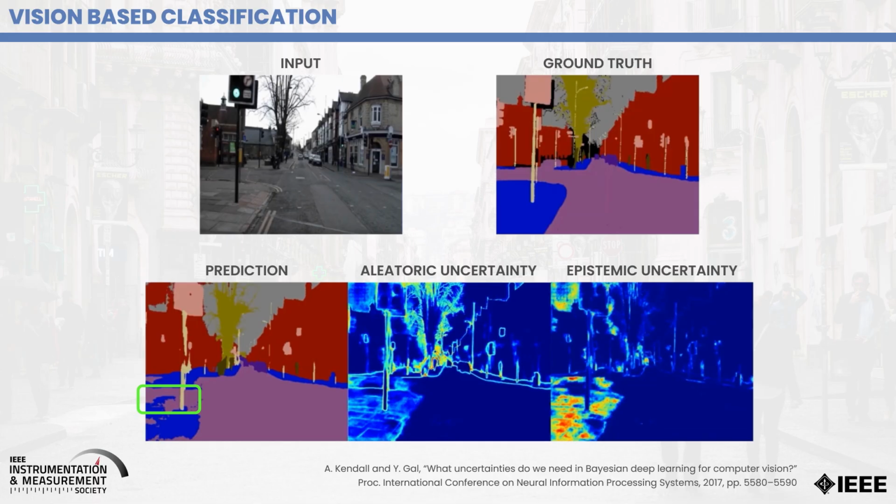If we look at the uncertainties, so aleatoric and epistemic uncertainties, we can see that the epistemic uncertainty is telling us that this region is actually highly uncertain. So in this case, the car is not going to look just at the prediction, it's also going to look at the epistemic uncertainty and say, oh, okay, uncertainty is high, so either I will not go left, I will go straight and find another way, or I will give control over to the human driver and say, sorry, I cannot drive here, please drive. So the decision has to be made here. So this is the advantage of having the uncertainty.